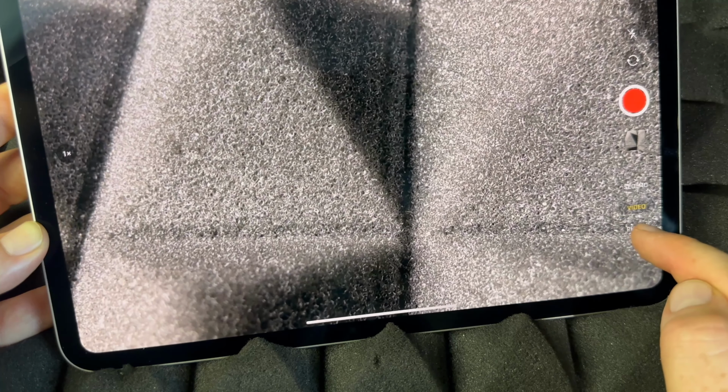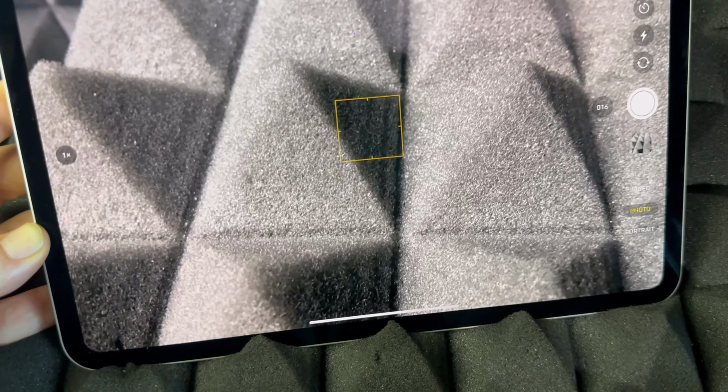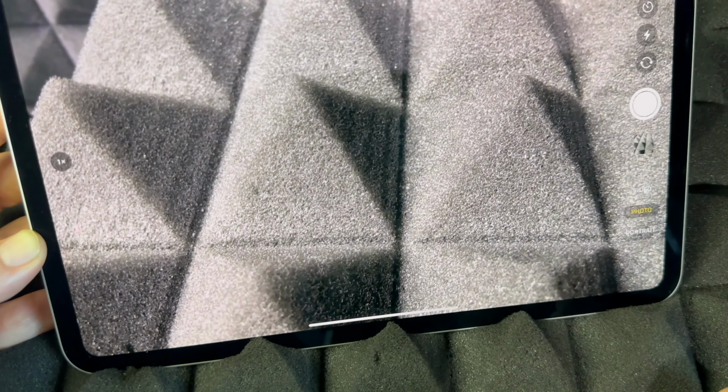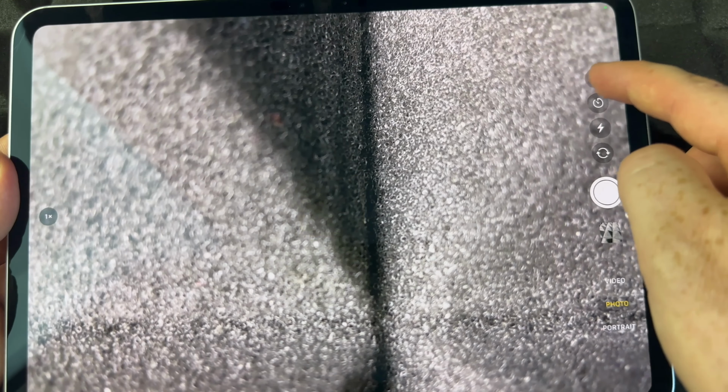I've seen a lot of people when they're in picture mode, hold on to this. Hold on to it, it's going to take a ton of pictures, which can be fun. But what you really mean to do is take one picture. Now, other than that, the pictures that you're taking, on the top of here you guys are going to notice